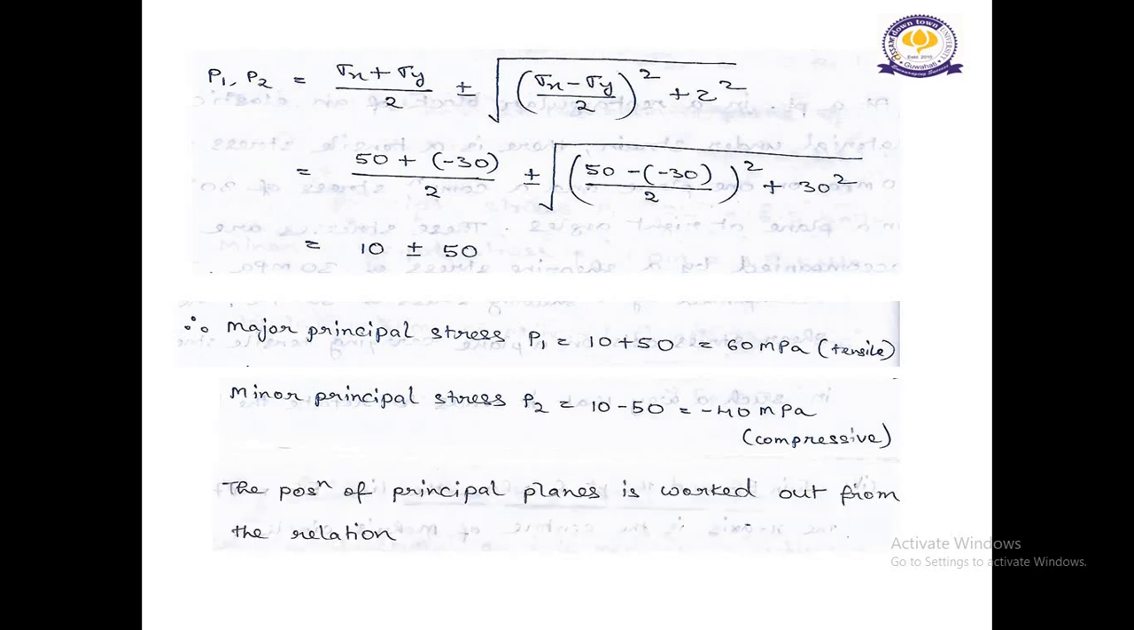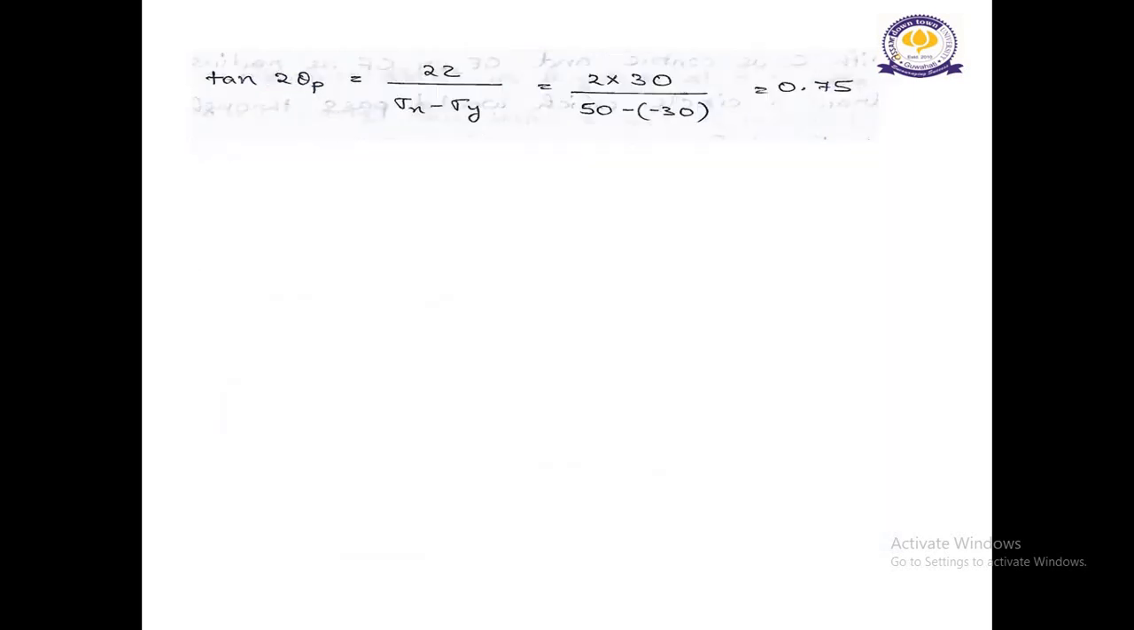The position of principal planes is worked out from the relation tan twice theta p equal to twice tau divided by (sigma x minus sigma y). We have all the values. We put the values of tau, sigma x and sigma y, and after calculation we get 0.75. That gives twice theta p equal to 36.87 degree or 216.87 degree. So from there we calculate theta p1 equal to 18.43 degree, and theta p2 will be